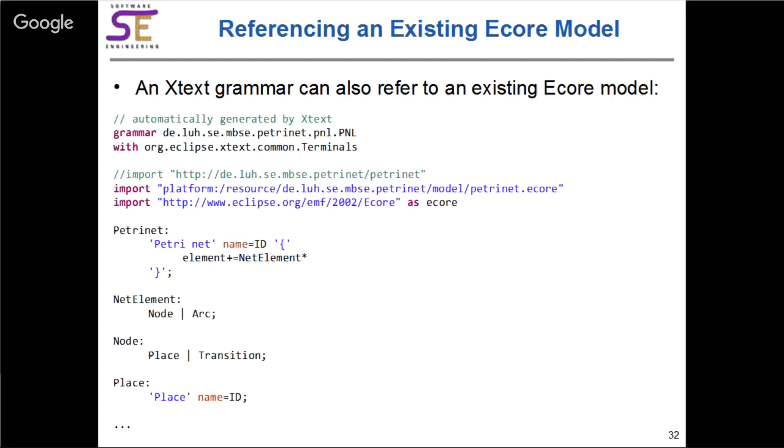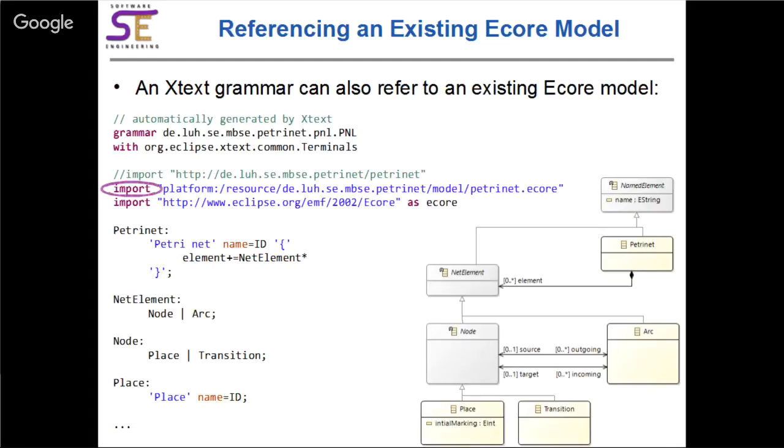I don't really know why we also have to do this, but that's what we have to do. So we have to import ecore as the ecore meta model, and also our specific model from a file. Okay, so we import this,